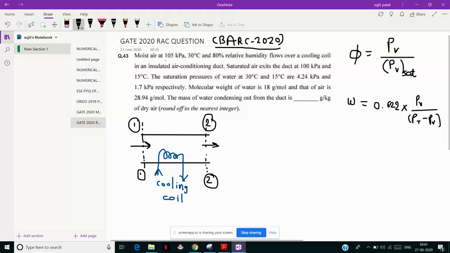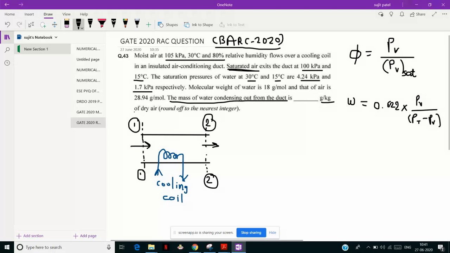Moist air at 105 kilopascal, 30 degrees Celsius, and 80% relative humidity flows over a cooling coil in an insulated air conditioning duct. Saturated air exits the duct at 100 kilopascal and 15 degrees Celsius. Here, underline the saturated air. The saturation pressure of water at 30 degrees Celsius and 15 degrees Celsius is given as 4.24 and 1.7 kilopascal respectively, and the molar weights of water and air are given. What you have to find is the mass of water condensing out from the duct in gram per kg